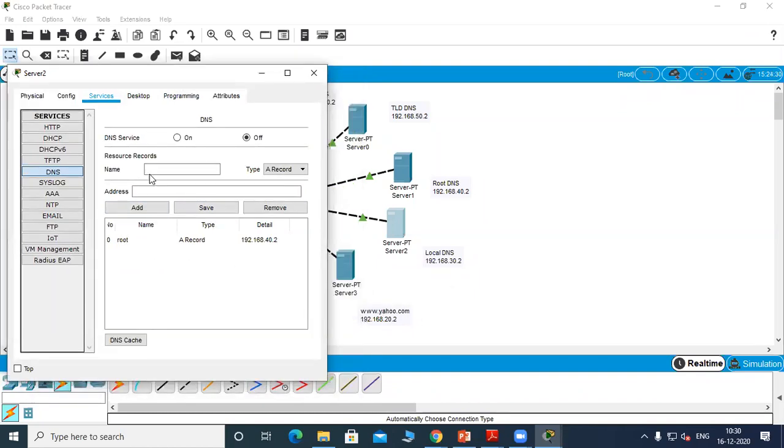Next, we'll add the server name, that is yahoo.com. And this host name is not available, so click on not specific record. If it is not available, the request will go to the upper level server. That is, the name of the upper level is root.